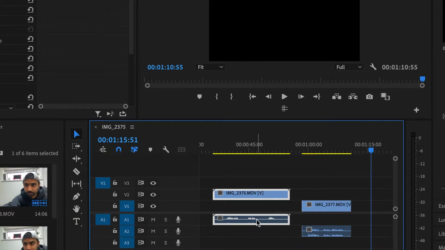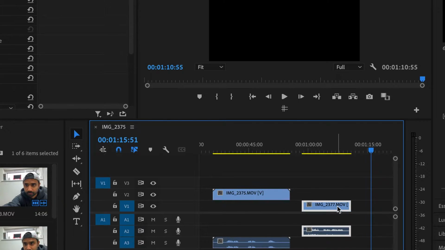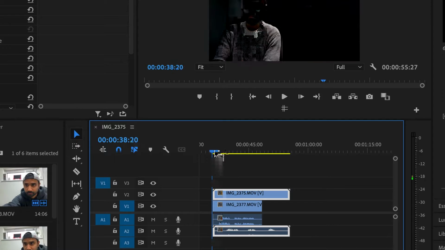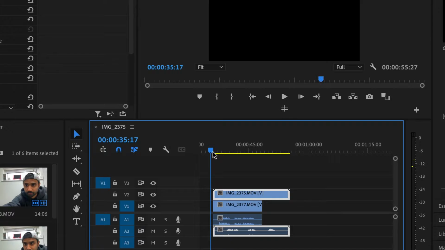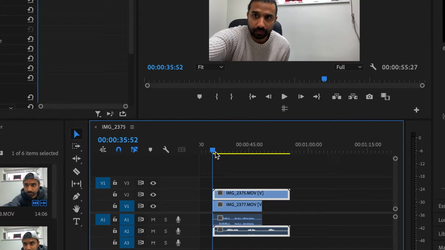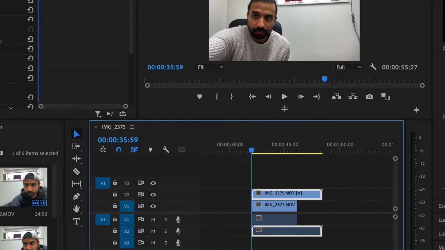And what you want to do is move this clip up and bring the audio down and merge this clip underneath. Now obviously you're not going to be able to see the other person B, and what you want to probably do is just go over to the first clip